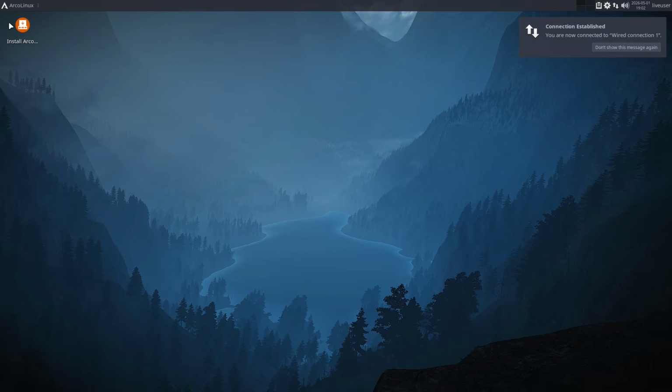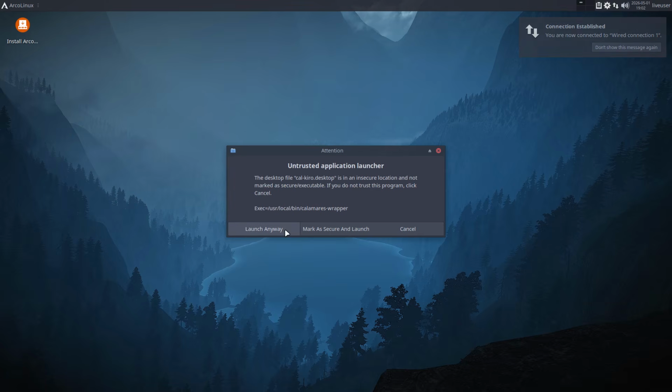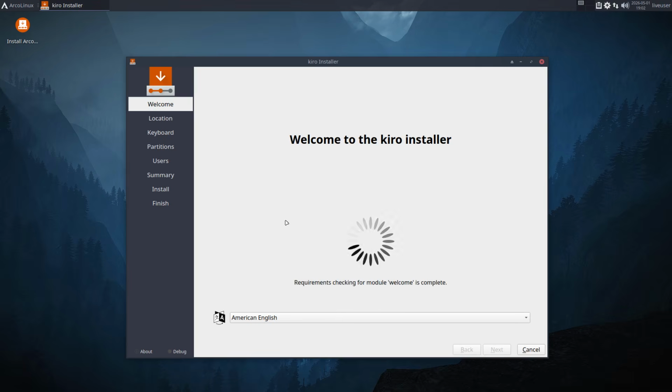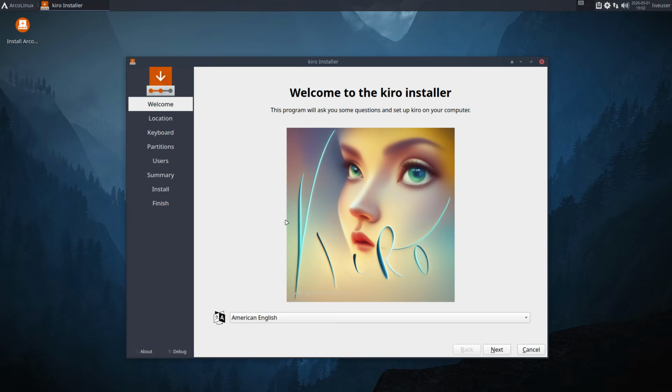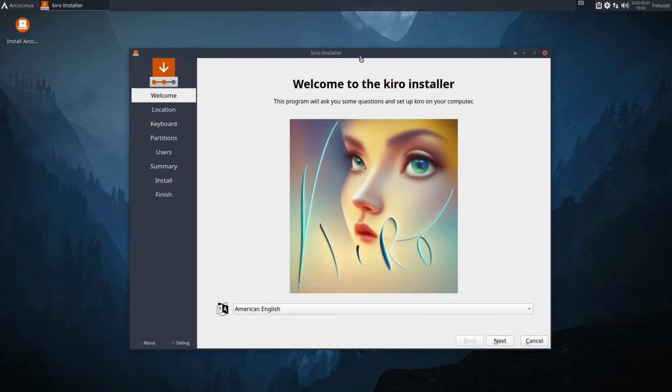What do you get in Kiro? Kiro is basically a minimized Arconet offline, right? That's the comparison if you know what Arch Linux is. And it uses a graphical installation way, and it uses this installer called Calamares, and you decide which language you want to